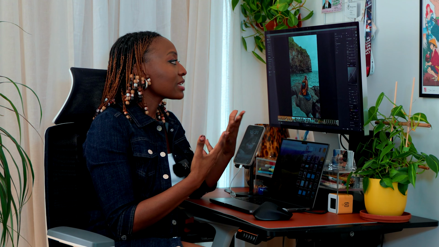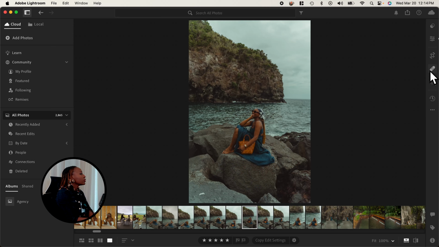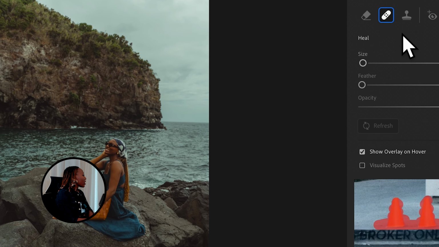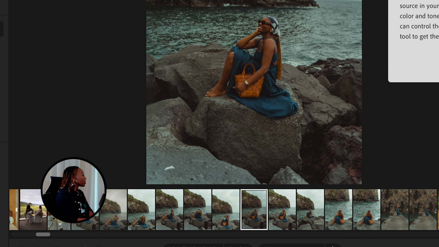Now for me, I may want to remove a couple of things in the photo, right? This is also a tool that you can use to remove people. Like let's say you're at the beach and there are people in the water behind you and you want to remove them. This is something that you can do. You can navigate to the healing tool right here. Go to the area where you want to use it. I'm gonna go right